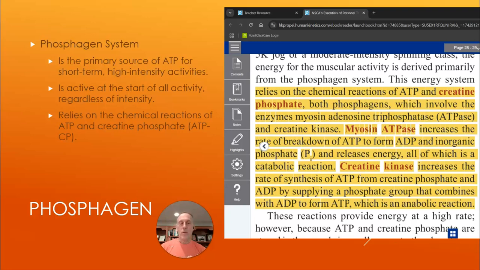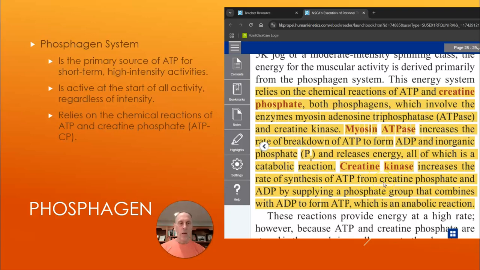So notice what's happening here. You have these different kinase or ase enzymes that are involved in a process that either brings in another phosphate or breaks a phosphate and carries that through the electron transport system. So I would urge you to read this paragraph maybe 7 or 8 times and really wrap yourself around this